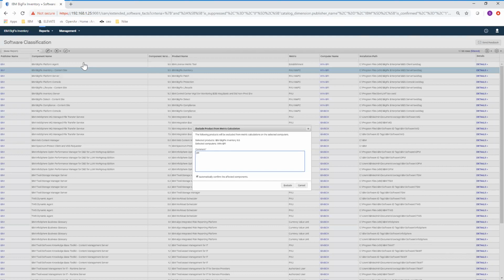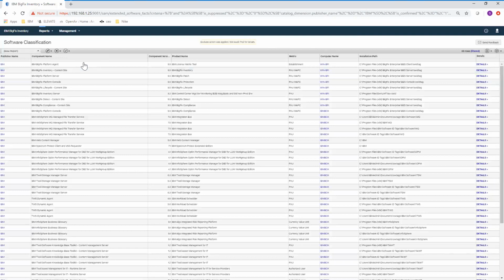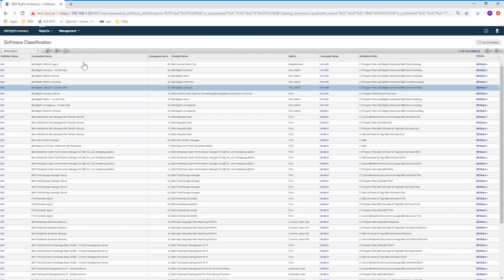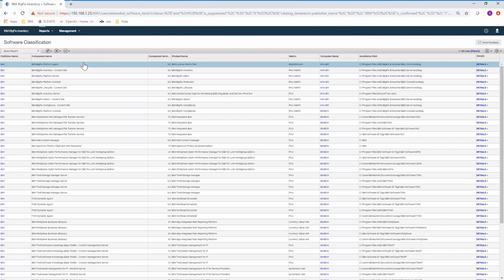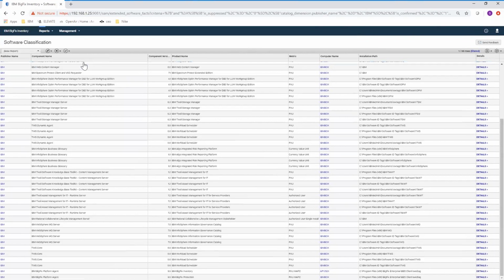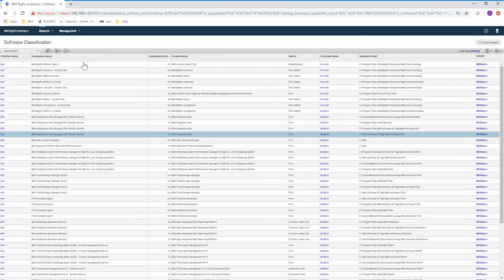I can put DR server and exclude. Now that will be excluded from the metric calculation. Okay, and again, to reiterate, it sounds pretty straightforward because I only have 50 lines. But if you have thousands of lines,